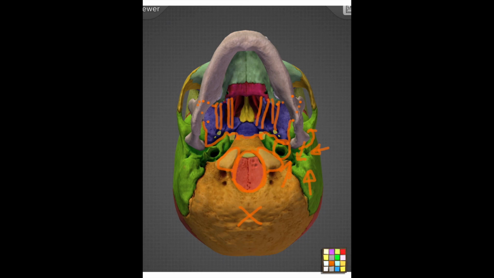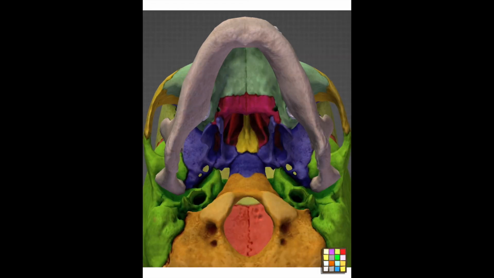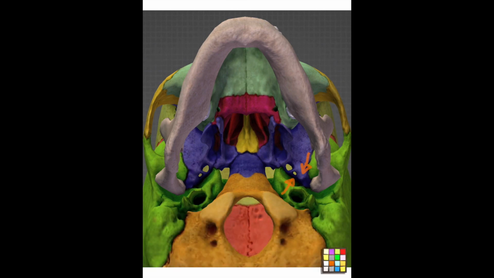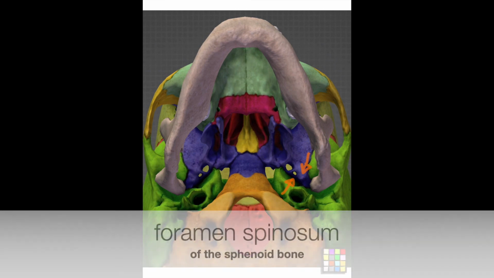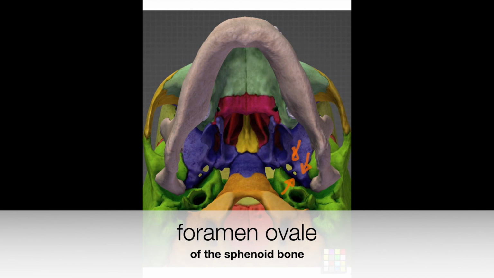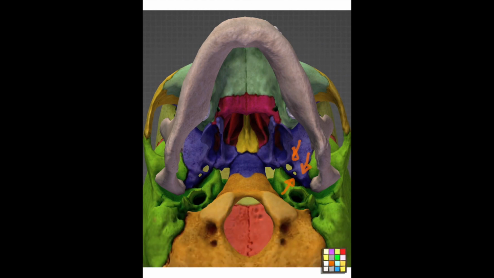And really, finally, this time, if we zoom in, you may be able to appreciate that here is a little spike which protrudes out towards us, which is the spine of the sphenoid bone, and this foramen adjacent to it is the foramen spinosum. It transmits the middle meningeal artery, and this larger foramen next to the foramen spinosum is the foramen ovale, which transmits in the opposite direction the third division, the mandibular division of the trigeminal nerve, which escapes the cranial vault and projects down, which would be towards us,